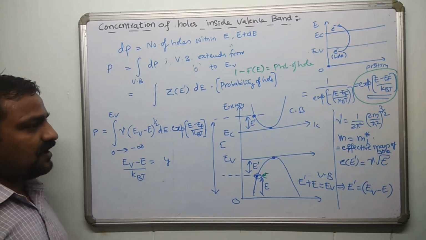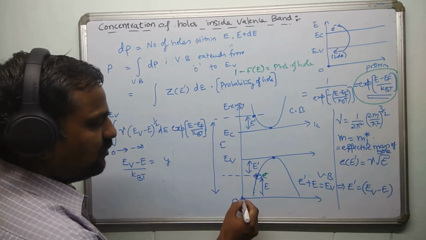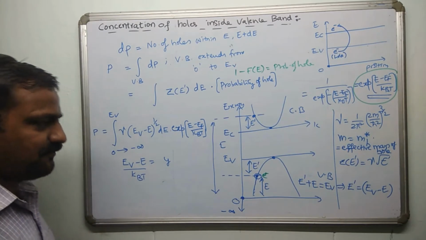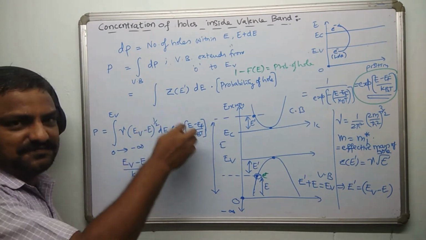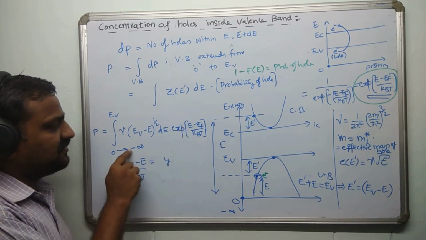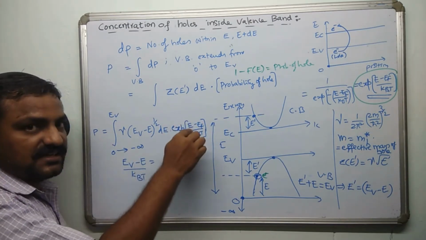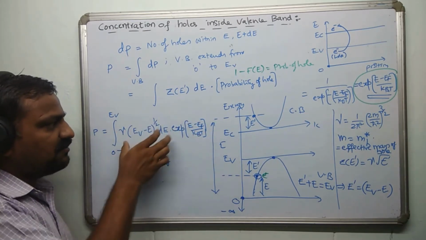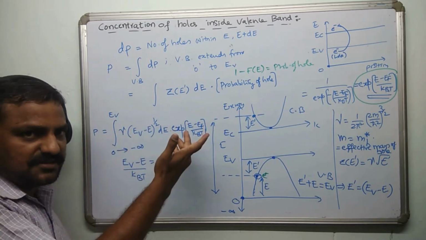Please remember, as we are talking about energy, this is the lowest possible energy, and if you make this energy go to minus infinity, what happens? Well, we have this probability term. What happens to this exponent when E tends to minus infinity? Is it not e power minus infinity, which is 0? So however big the term may be, it simply drops to 0.